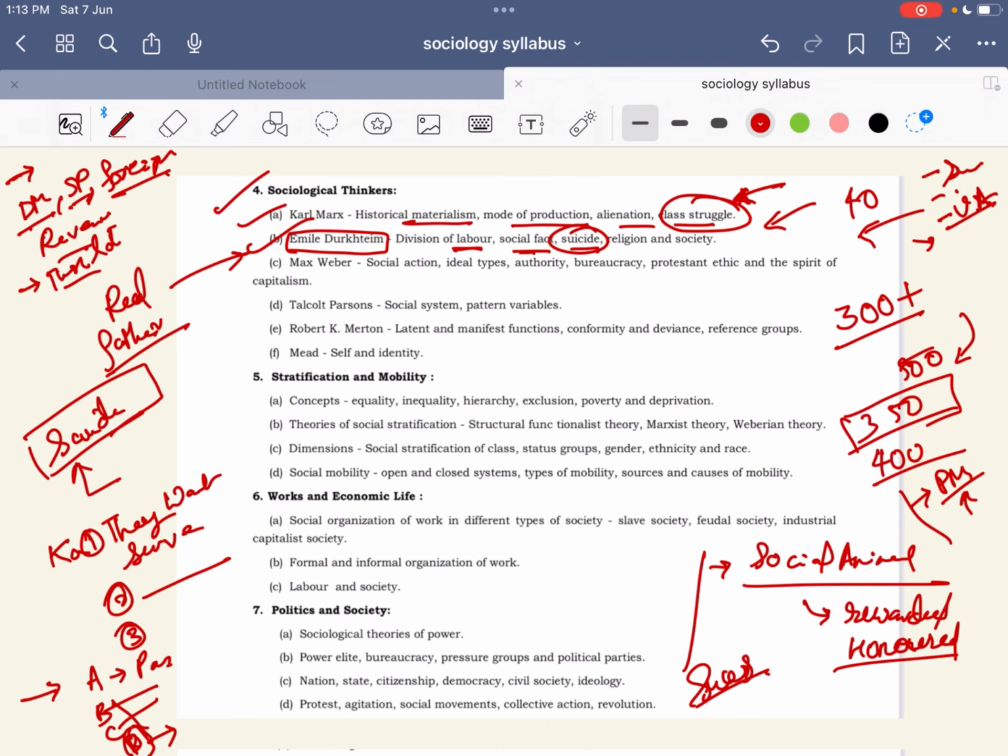You understand? तो Émile Durkheim जो थिंकर हैं वो क्या बोलते हैं कि सुसाइड जो है वो साइकोलॉजिकल और पर्सनल प्रॉब्लम नहीं है कि पर्सन्स सुसाइड कर रहे हैं। It is a sociological problem, it is a societal problem, and society is responsible for those who are committing suicide. It is not the individual. तो अंडरस्टैंड उनका पर्सपेक्टिव सोसाइटी की तरफ कैसा है, तो वो यूपीएससी ने आपके सिलेबस में इंक्लूड कर दिया।